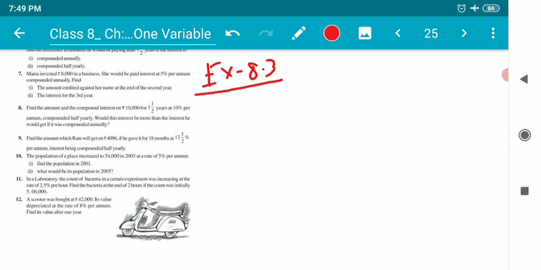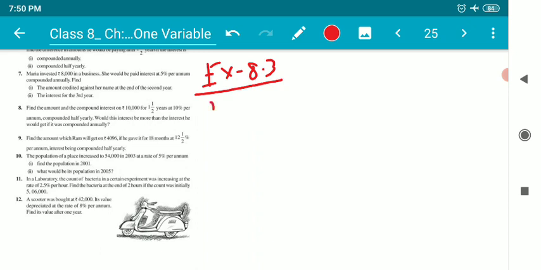Children, for this video, I have chosen two different questions, very important questions of different concepts, which are given in almost every exam. These two questions consist of immense knowledge of compound interest in various aspects, so we really need to understand these two questions very carefully. Let us have a look.